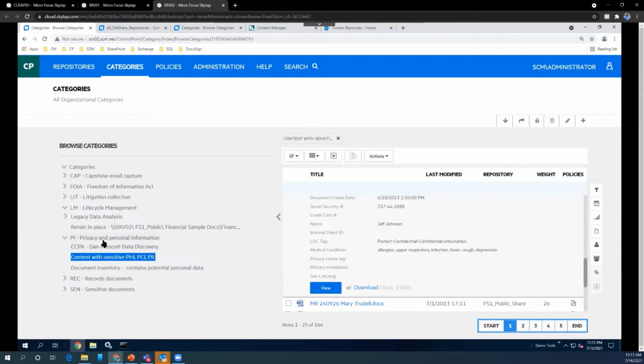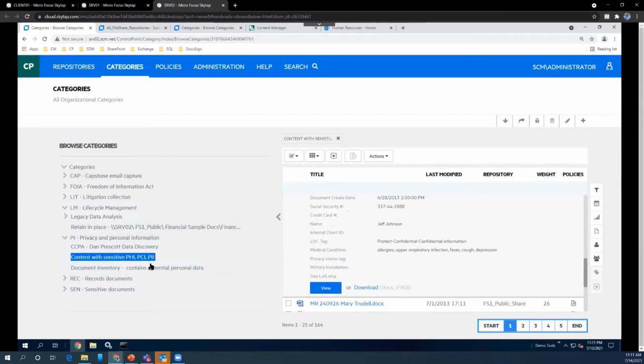Once you have categorized the data, the good thing is that if you are a Content Manager user, you can replicate the same categories into Content Manager. It means you can define your classification here, and then replicate the same classification into Content Manager.